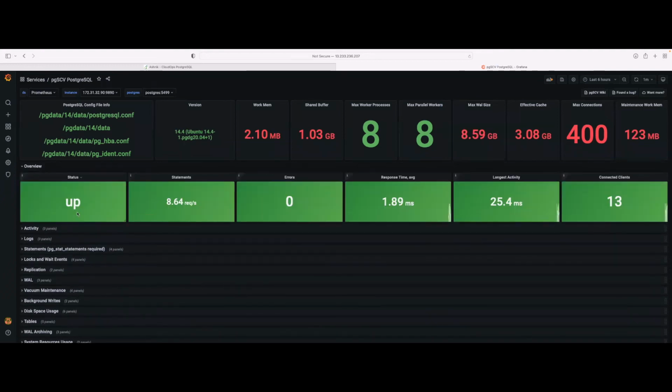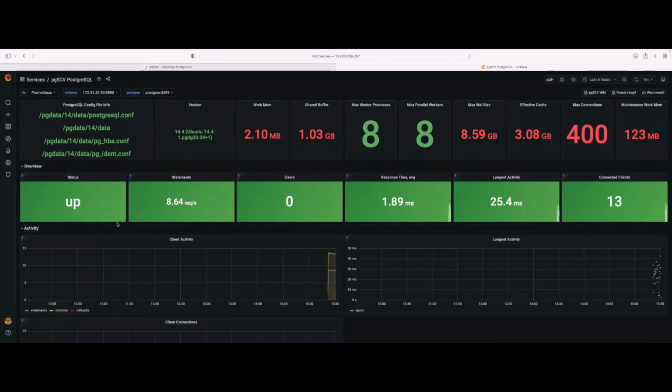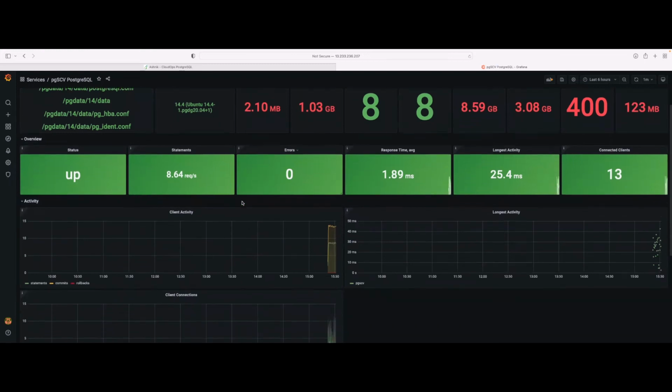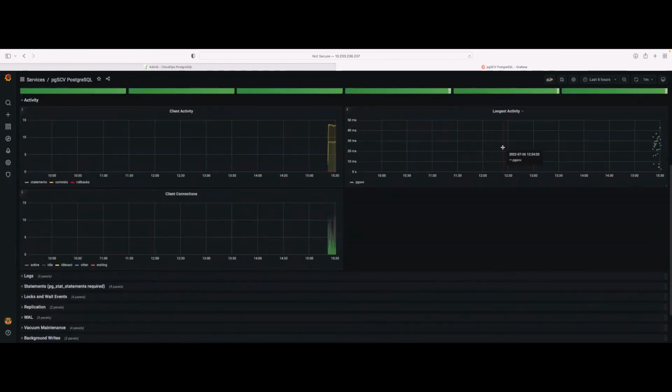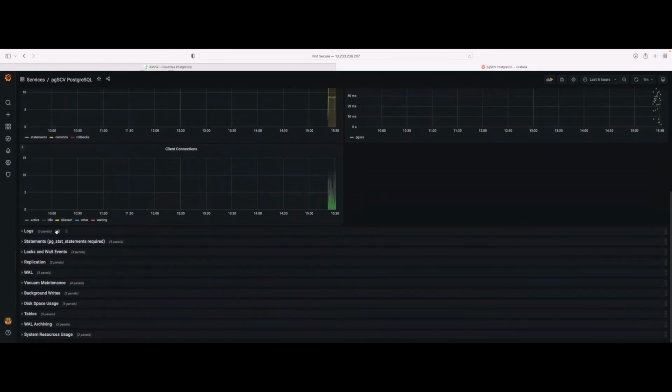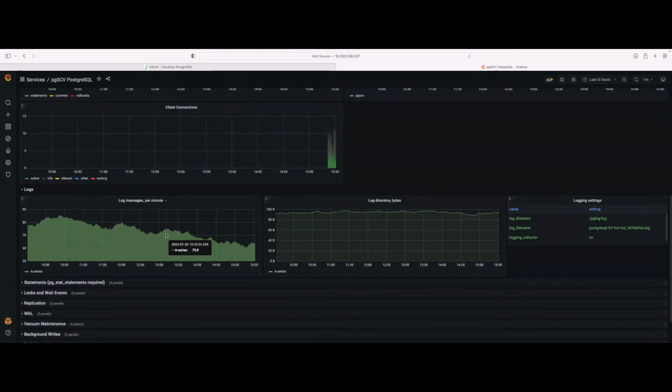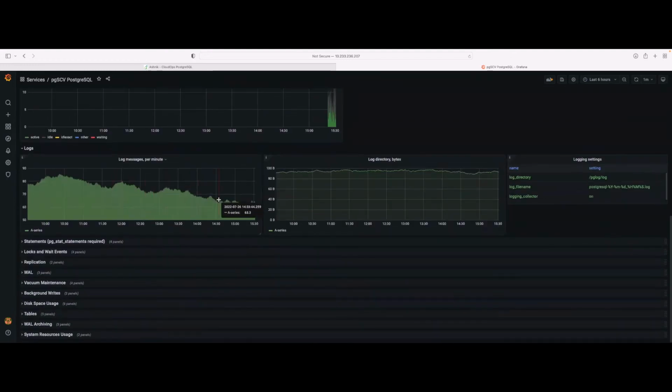And you can also see whether the complete cluster is up or down, what are the statements, what are the errors, if there are any errors, the longest activity, and how many clients are connected. And you can also check the client activity, the longest activity, or the client connections. You can also see the logs, how many logs are generating per minute, and the directory of the log, where you need not enter the server, you can directly visit over here